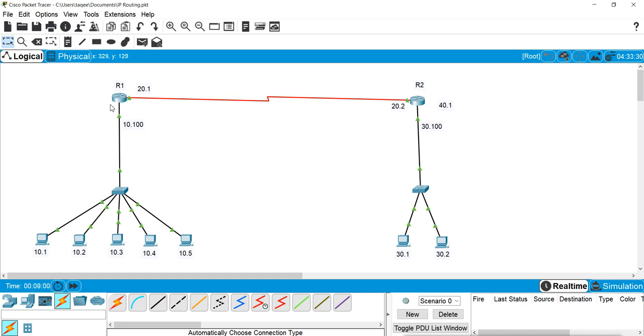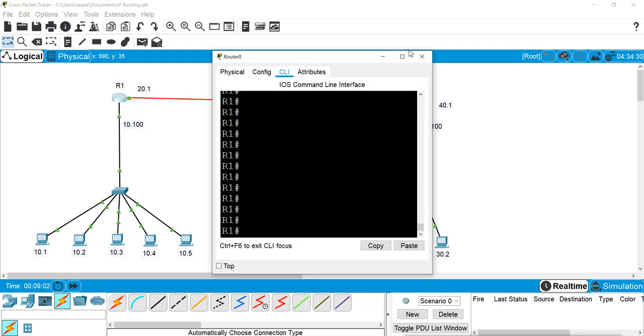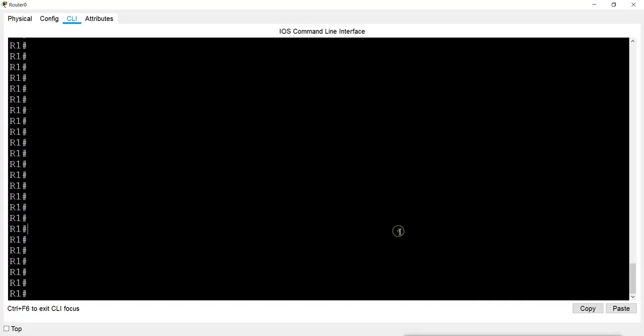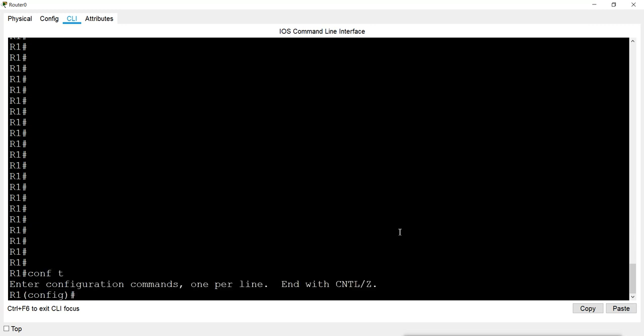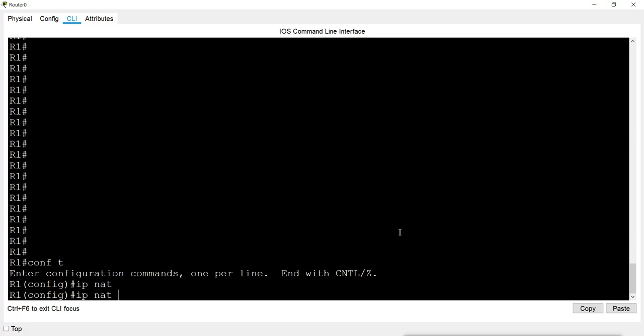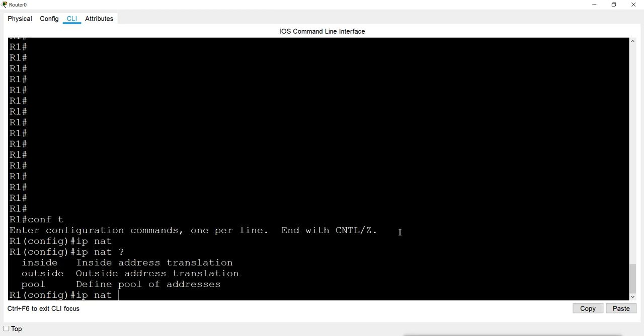So first we'll open the router here and we will go to the config mode and the command is ip nat. Now when I give question mark here, it says inside or outside.